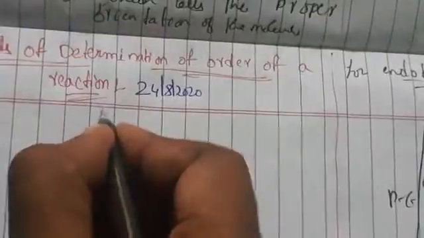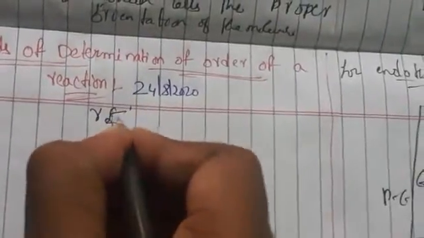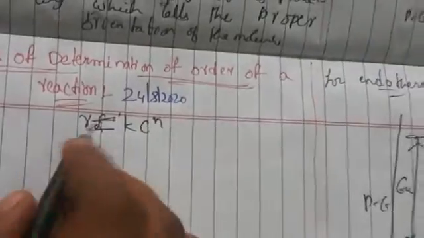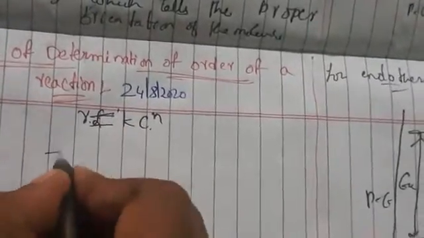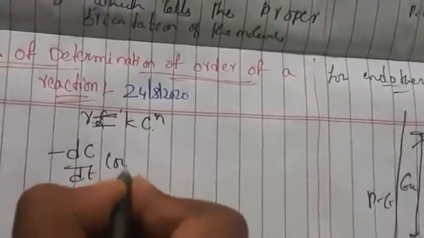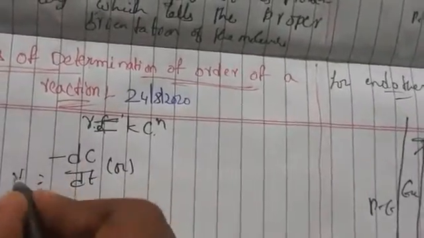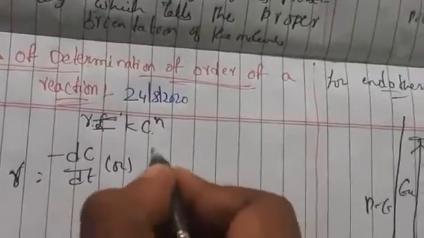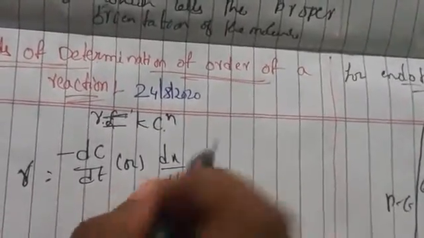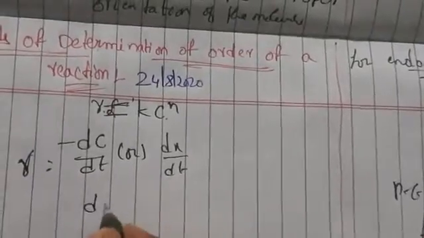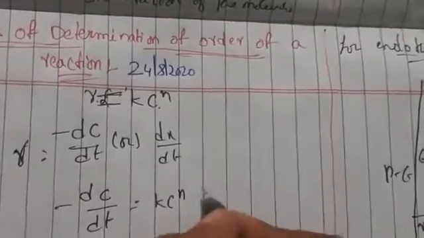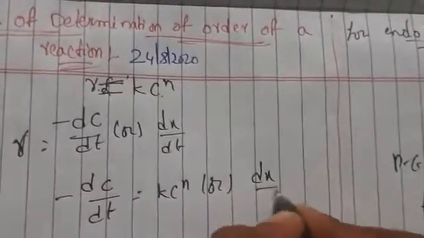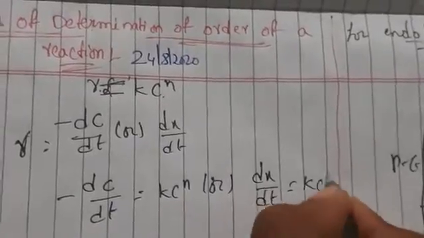Generally we have seen that R is directly proportional. R is equal to Kc power n, which means rate, specific constant, concentration and the order. Okay, but how can rate be expressed? Dc by dt, or we can say R is nothing but dx by dt. So in the place of rate we write dc by dt, meaning decreasing reactant, equals Kc power n, or we can write dx by dt is equal to Kc power n.